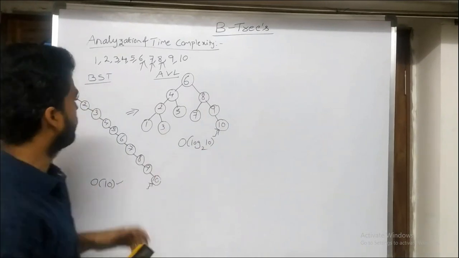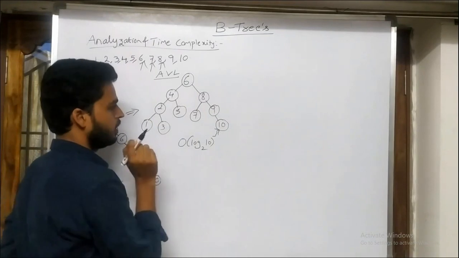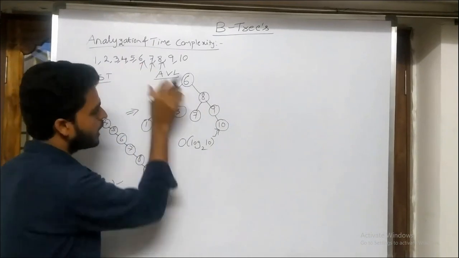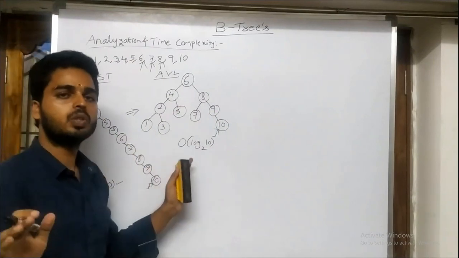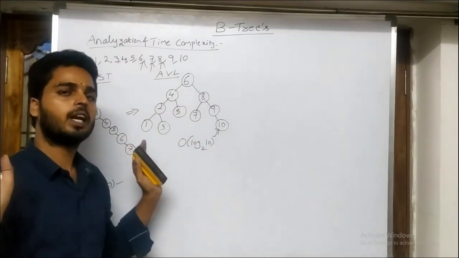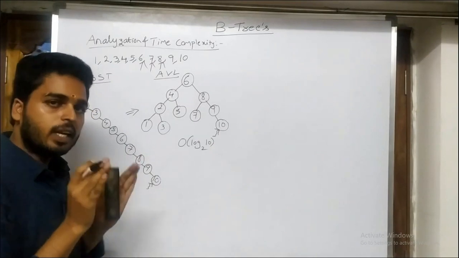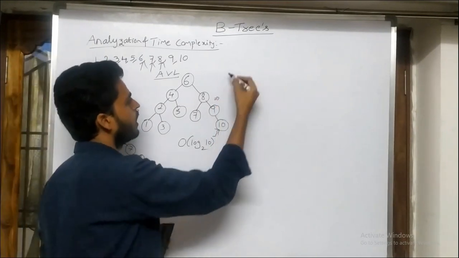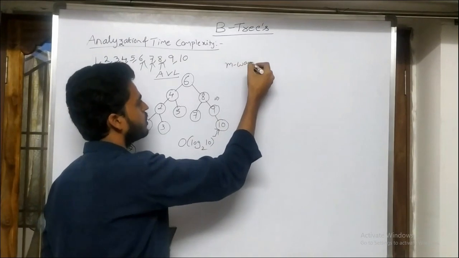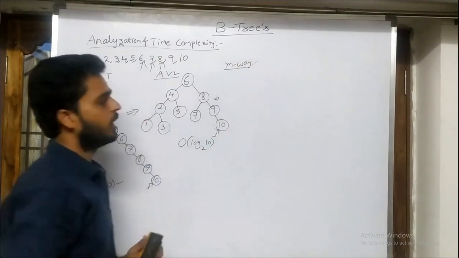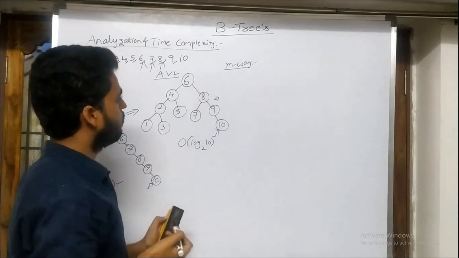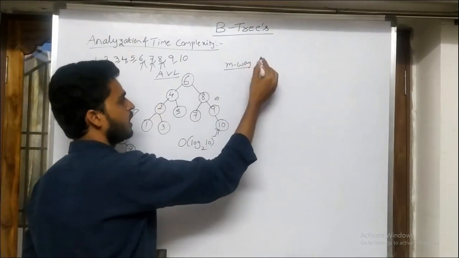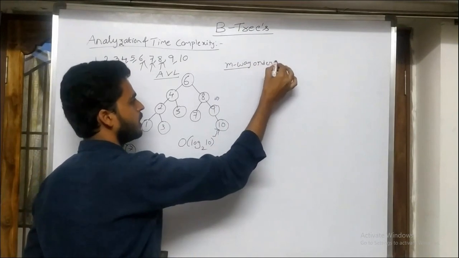So here the problem is, if I have very small data, there is no problem. If my data is very huge, my tree height will be very high. When the tree height is very high, time complexity will be very high. Because of that reason, we move to the M-way search tree. In an M-way search tree, what will happen? Let us take an M-way search tree of order 3.